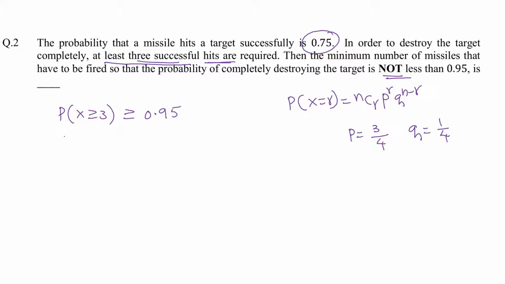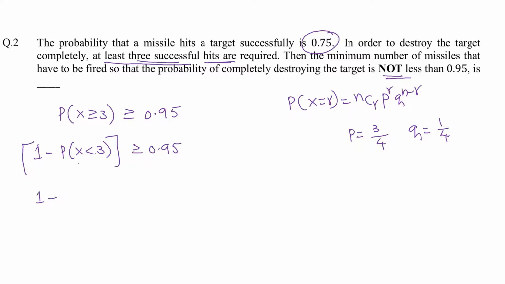So instead of doing the probability of x greater than or equal to 3, we can actually go for 1 minus the opposite event. So 1 minus the opposite event is going to be the probability of x less than 3, and that is going to be greater than or equal to 0.95. Because both are actually the same logic. Here we are going to get fewer cases compared to taking P of x greater than or equal to 3. Okay, so now let's solve this one.